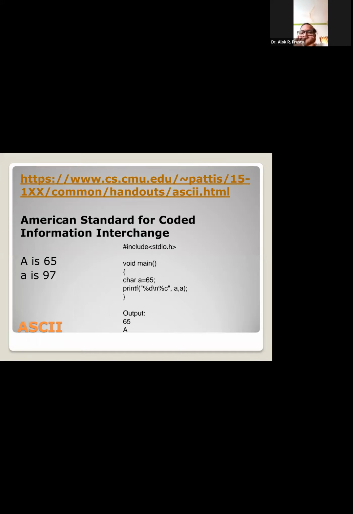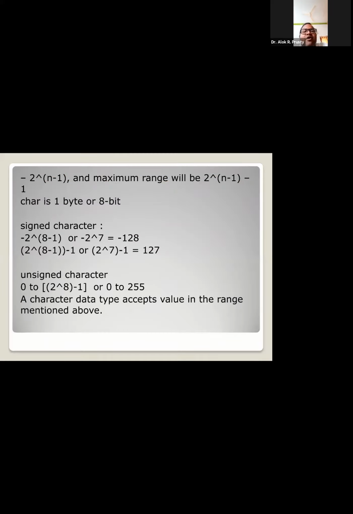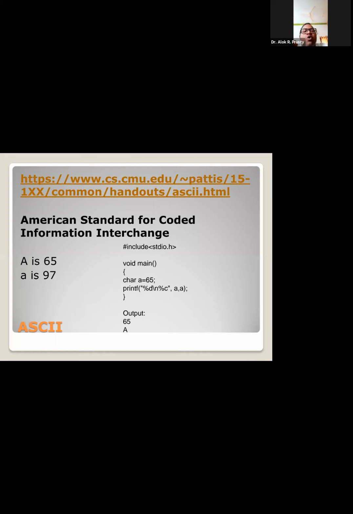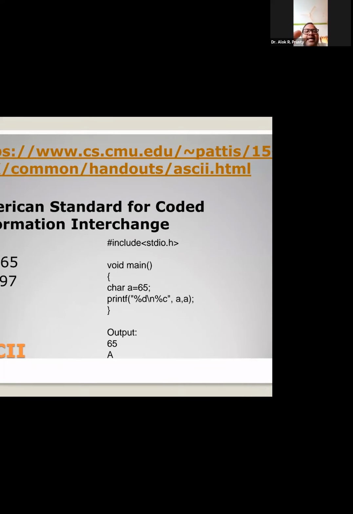Again, if I am writing small a in the character declaration, then the small a value is given as per the ASCII standard as 97, and of course 97 falls under this range. Anything beyond this range cannot be stored with the character data type.